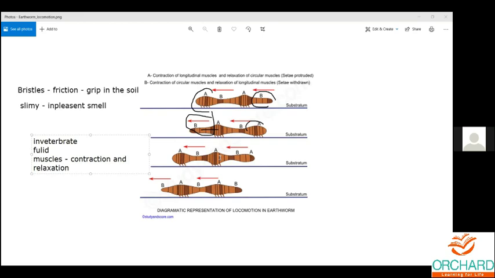Okay, so now tell me, how does the earthworm move? How does the earthworm move? With what do they help in the movement? Very good. So contraction and relaxation is done with what? Contraction and relaxation is done with the help of